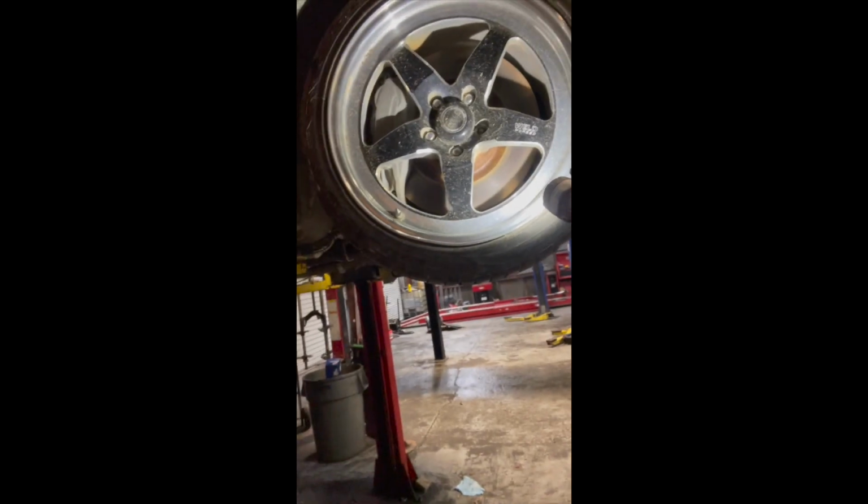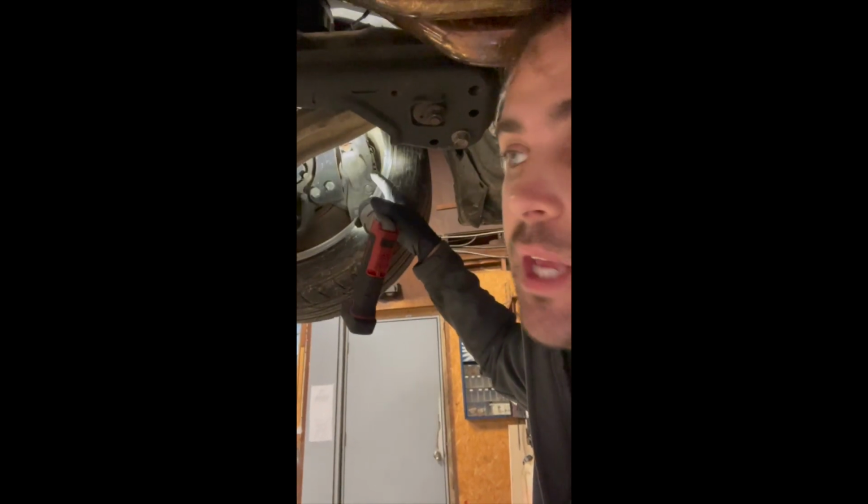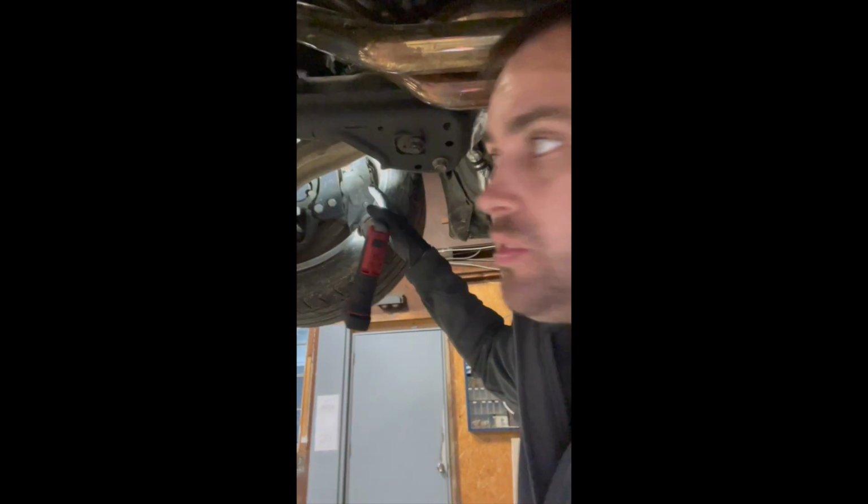So this is utilizing a GT500 front rotor and a GT500 brake caliper. So this is actually a brake caliper from a 2015 Mustang GT. This is without the track pack. The track pack has 15-inch rotors. This is 14-inch rotors. So we have to pull the dust shield off of this, and this is our bracket